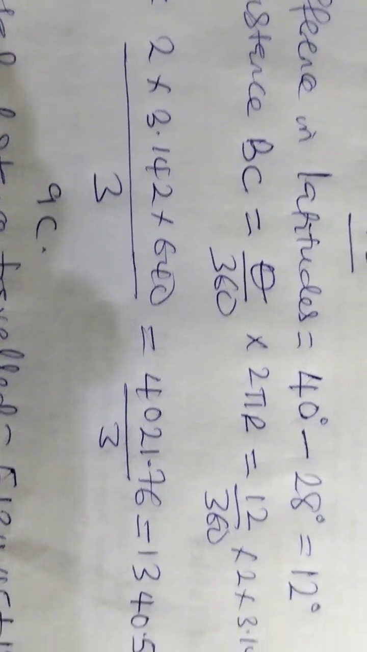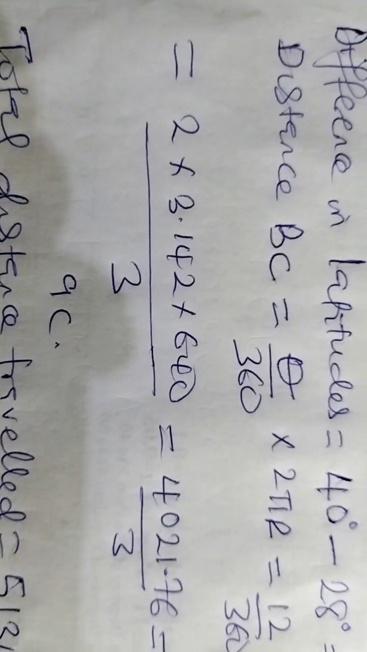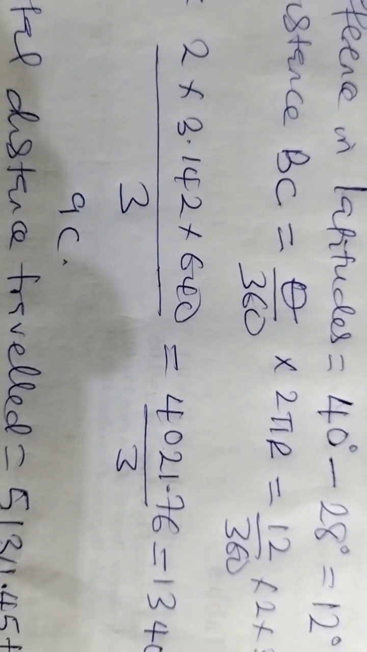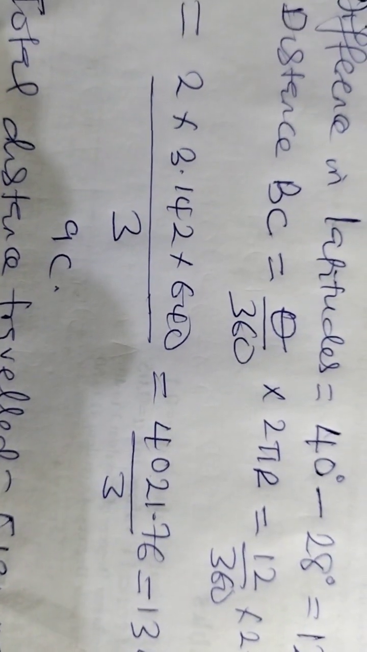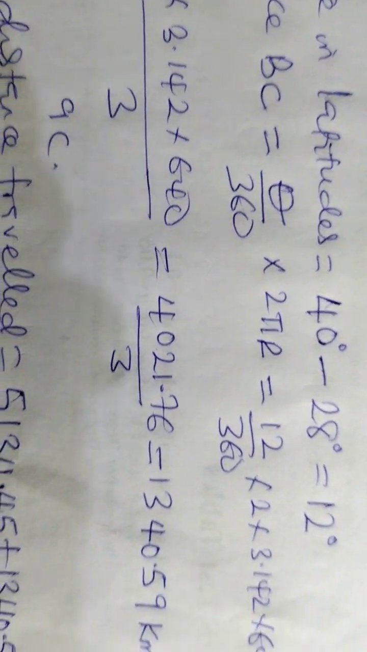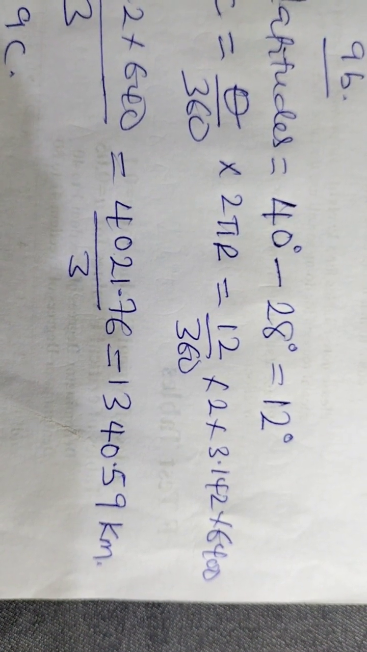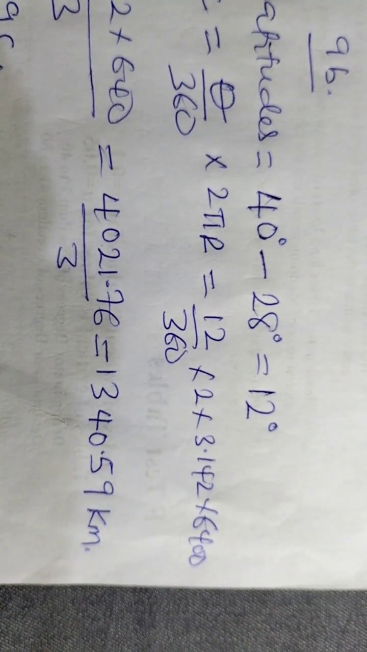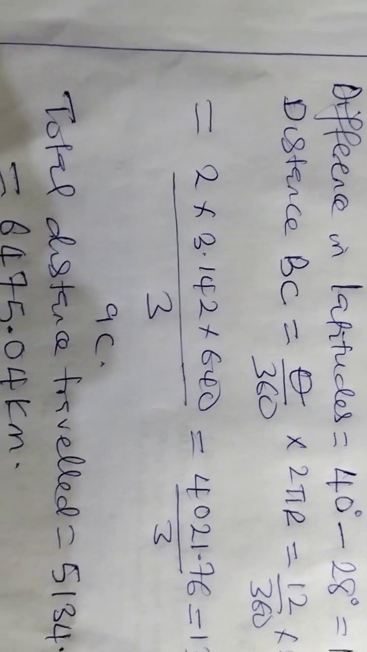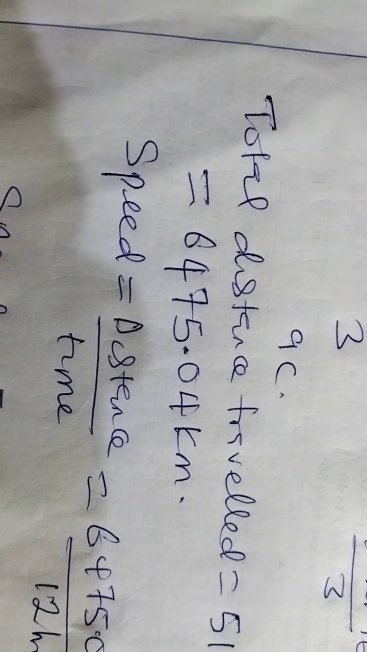We're going to have 12 over 360 times 2 times 3.142 times 6,400. If we split values, we're going to have 2 times 3.142 times 640 over 3. That's after simplification of values. Multiplying the numerator, we'll have 4021.76 over 3. So when we solve this, we arrive at 1340.59 kilometers. We'll now move to question 9C, that says we should find the average speed of the